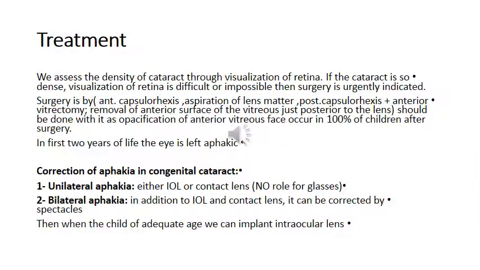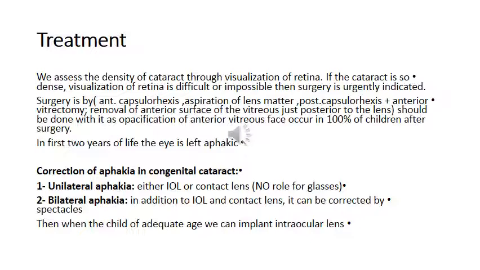Treatment of congenital cataract depends on the density of cataract, and we can assess the density of cataract through visualization of the retina. If the cataract is so dense we cannot see any detail of the retina, surgery in this case is urgently indicated. So what we mean by urgent, within 1 week or 2 weeks. Surgery